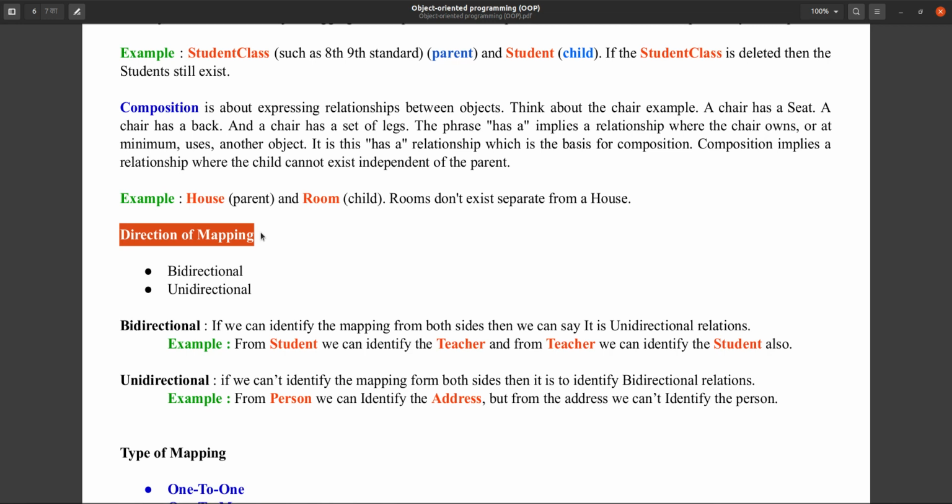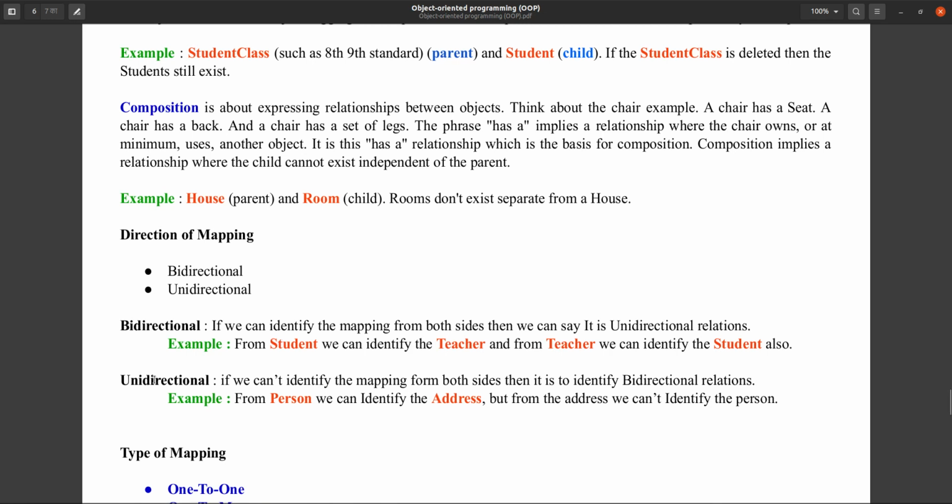In bidirectional, both side mapping is there. In the student object a teacher reference is there, and in the teacher object a student reference is there, means both side relationship is there.